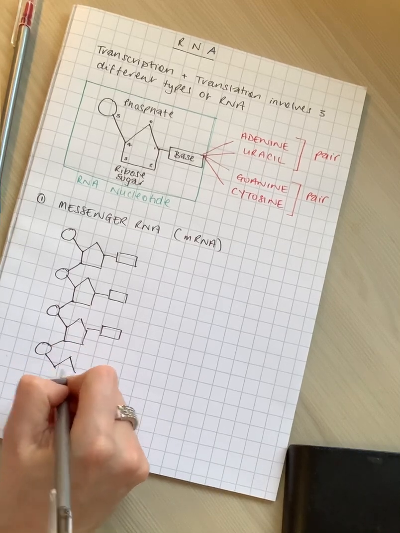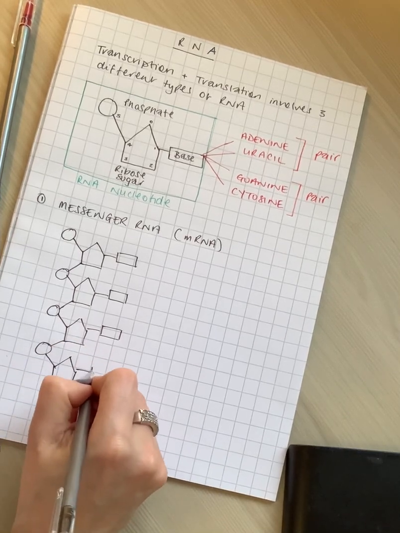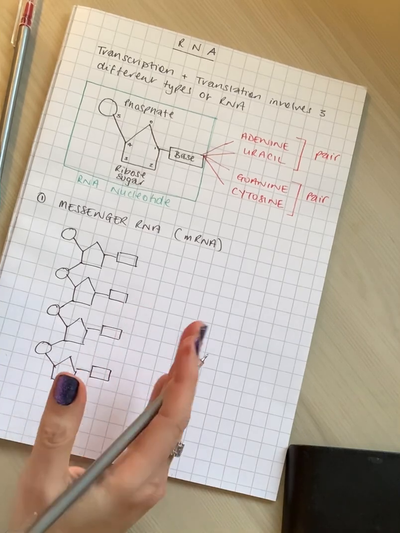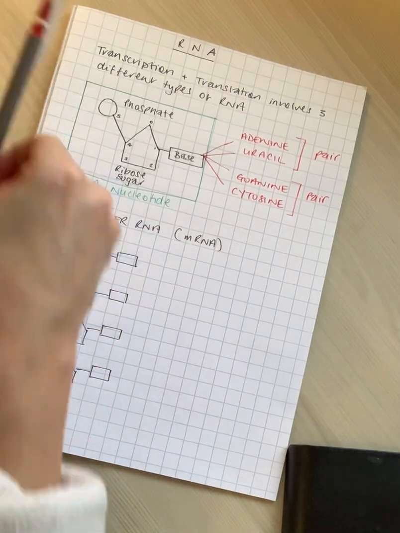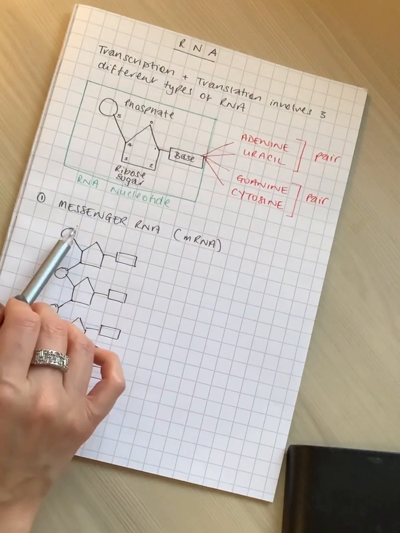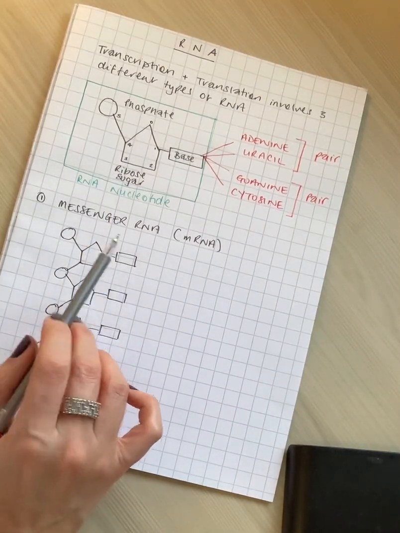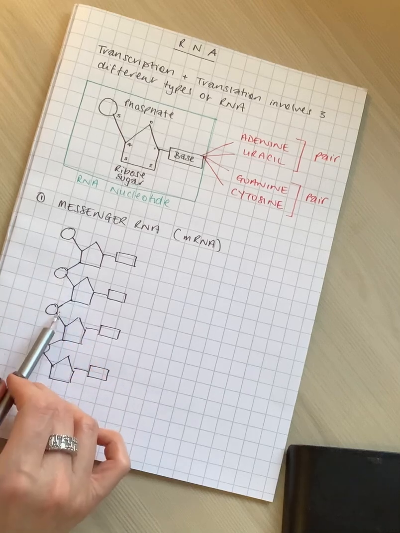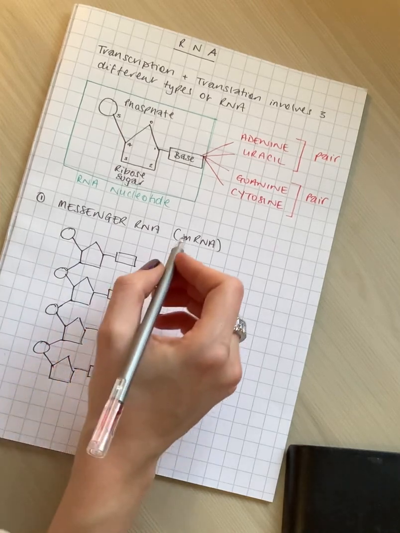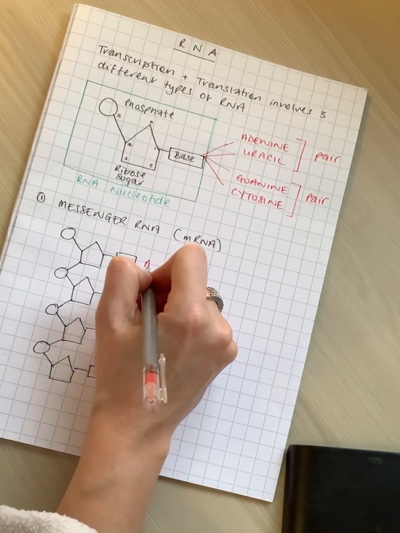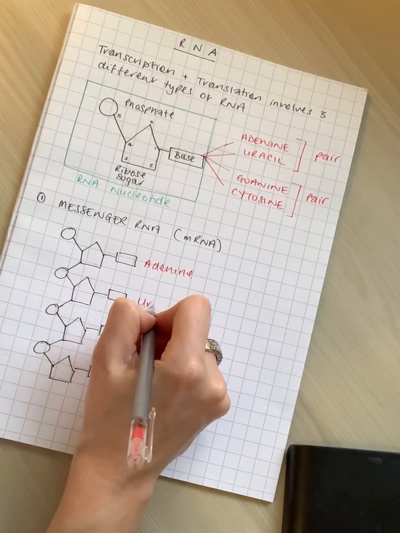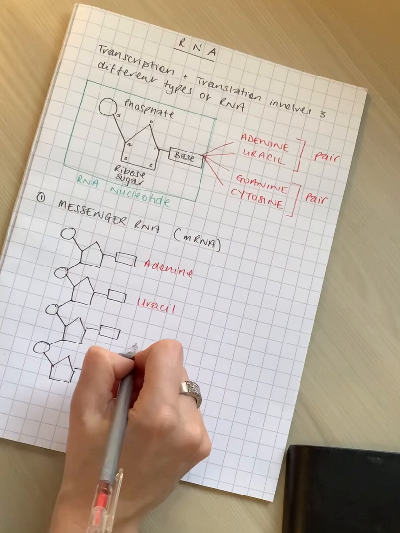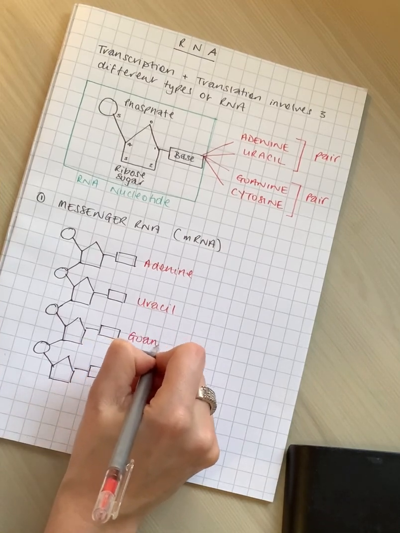There are no two strands to make the full molecule. To make the full molecule of DNA, you need two strands, whereas messenger RNA is single-stranded. So again, phosphate, ribose sugar, and a base, all joined together. And remember we have adenine as our base, uracil now, no longer thymine, guanine,